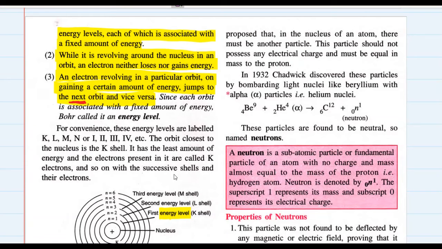Vice versa matlab, whenever an electron is revolving in a particular orbit, if it loses energy, then it jumps to the inner orbit, which is nearer to the nucleus. ठीक है, तो इसका क्या मतलब है? इसका ये मतलब हम निकाल सकते हैं that the electrons which are revolving near the nucleus, to the nearest or the first or the second shell, you can say, which are nearest to the nucleus, have got the least amount of energy,